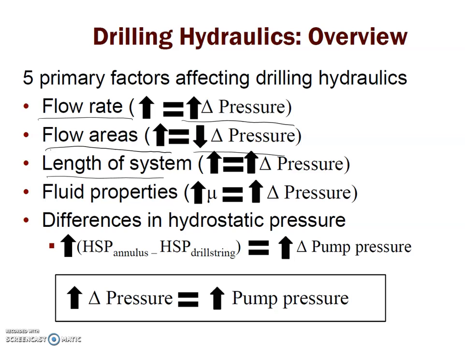The length of the system has an effect. As the length increases, the pressure drop increases because it produces more friction. The longer the length, the more the friction. Fluid properties such as viscosity also matter: the higher the viscosity, the more resistance to flow, and basically more pressure drop for the fluid. And the difference in hydrostatic pressure of the annulus and drill string would also cause